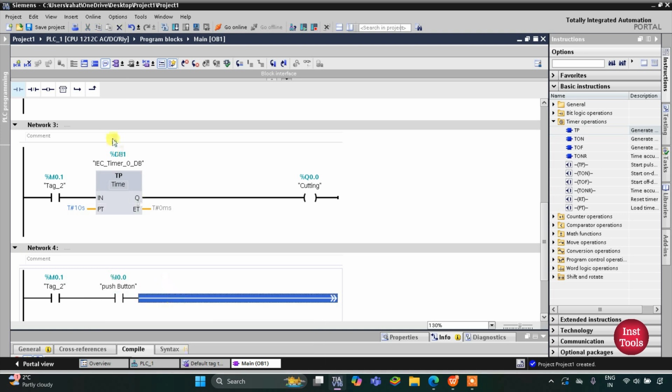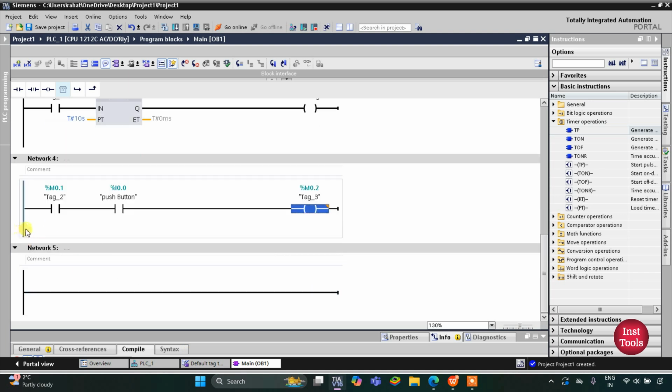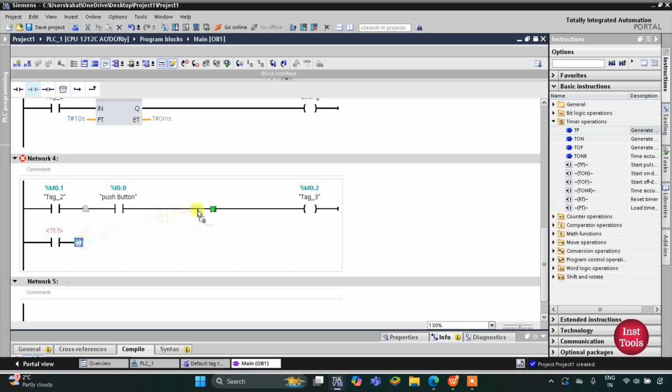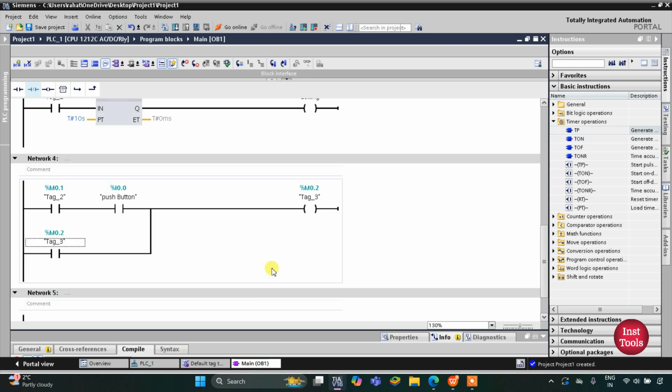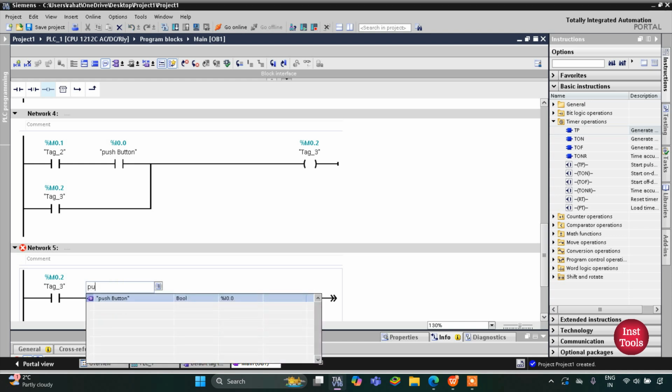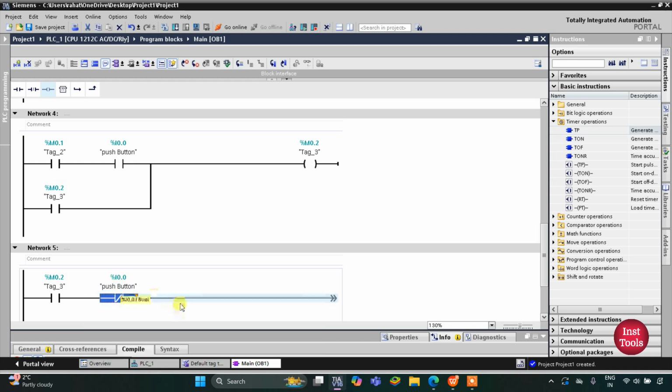When it is pressed the second time, then one more memory bit turns on, that is M0.2, and this M0.2 will be latched here. So I will open the branch, add a normally open contact, and then connect it like this. So this will be M0.2. And then when M0.0 is on and the push button is released, when M0.2 is on and this push button is released, then one more process will start,